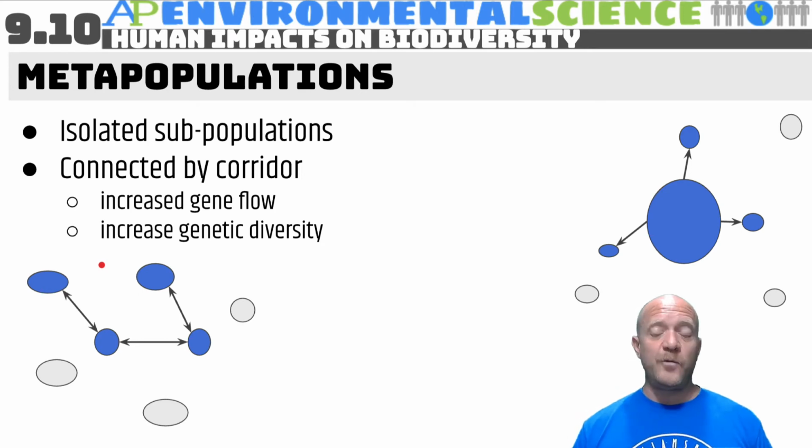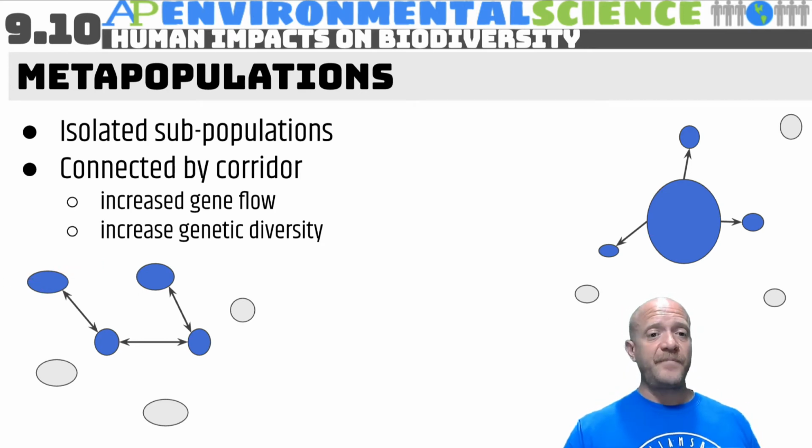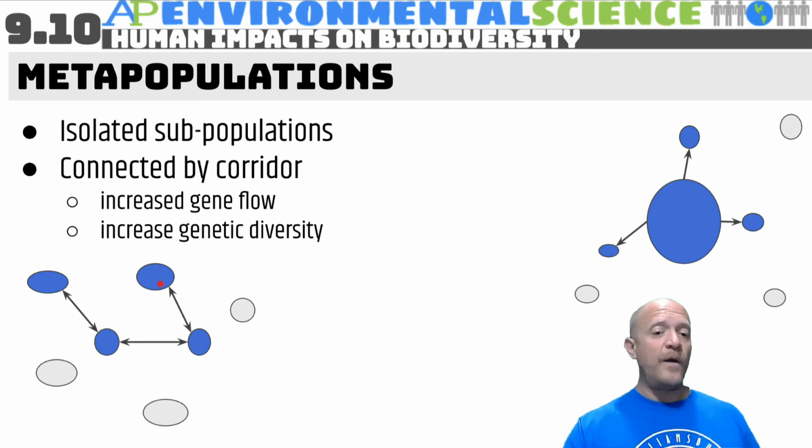So in other words, we discussed this when we talked about island biogeography. You can have these isolated subpopulations and they're connected by some sort of corridor, whether it is a short distance in an ocean, whether it is a tunnel under a highway, something that connects them, that can allow them to